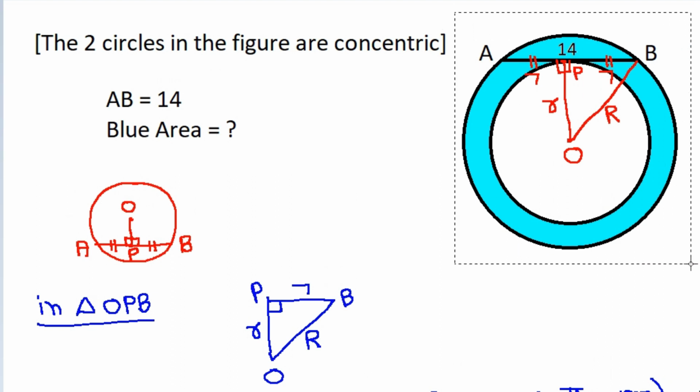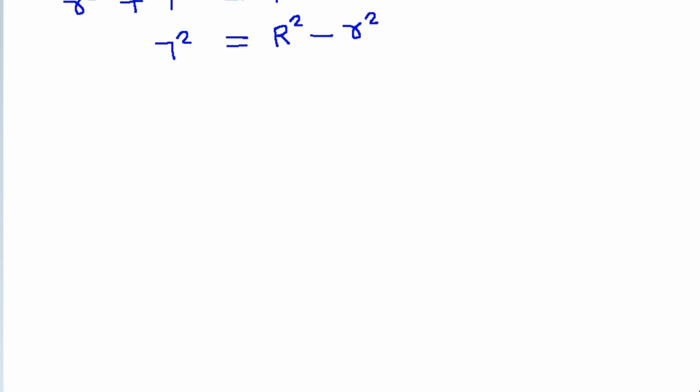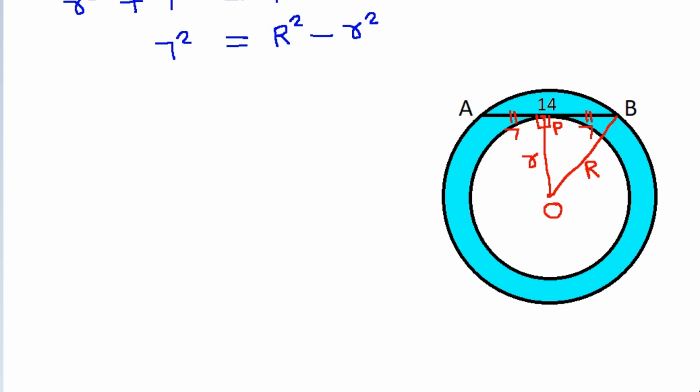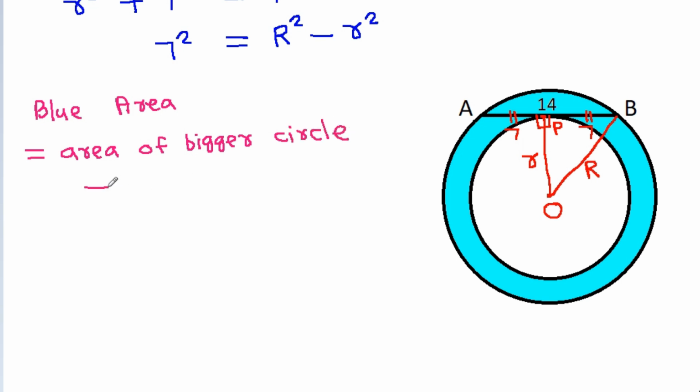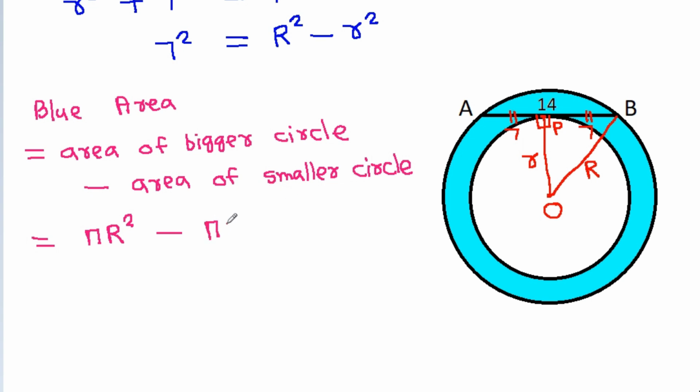And now the blue area will be equal to the area of the bigger circle minus the area of the smaller circle, and the area of the bigger circle will be pi times capital R square, minus the area of the smaller circle, which will be pi times small r square, and it is pi times capital R square minus small r square,